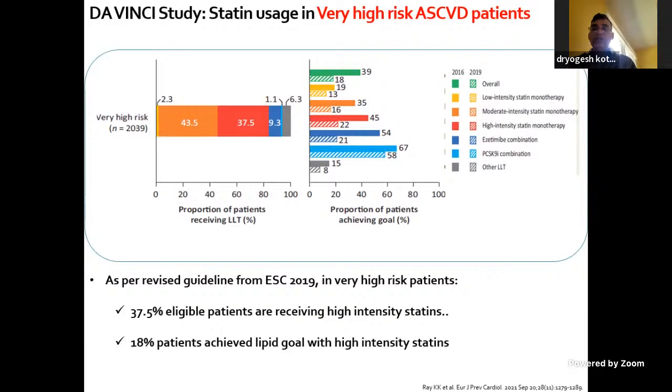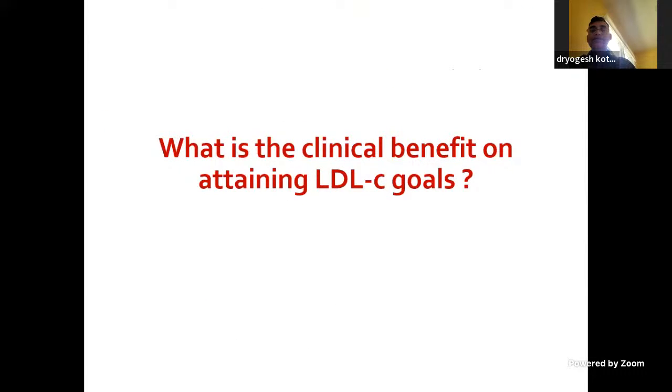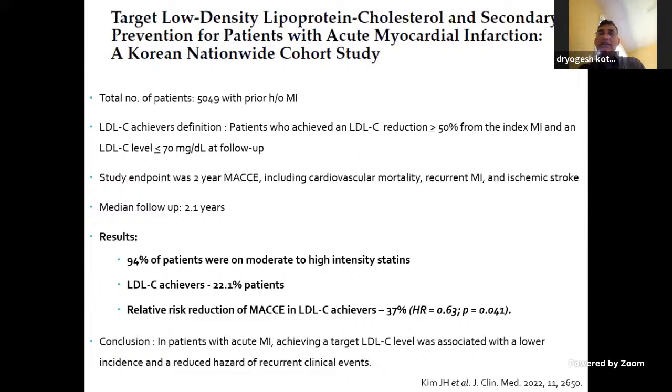So, as per the ESC 2000, we already discussed that 37% of patients were receiving high intensity statins, and 18% of the patients achieved the lipid goal with these high intensity statins. Next slide. So, what is the clinical benefit in attaining LDL cholesterol goals? Next slide. So, this is a Korean nationwide cohort study,